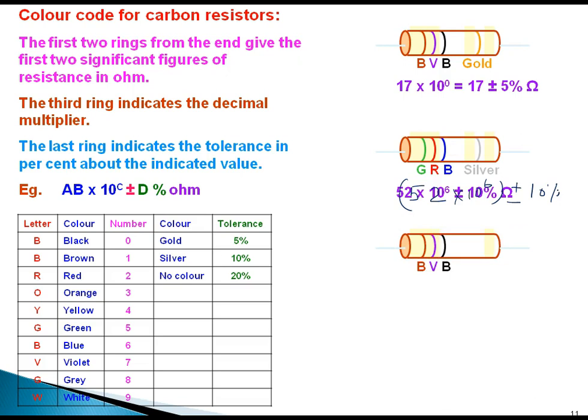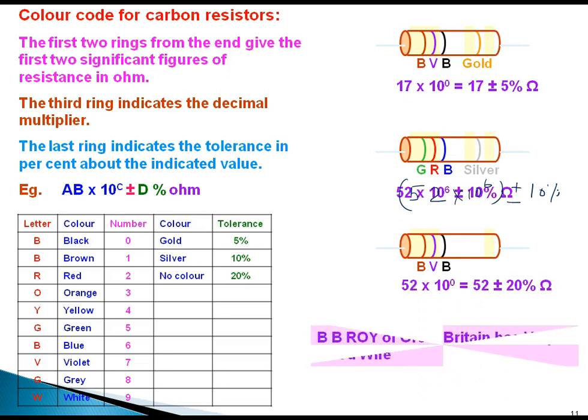Now you solve it. Pause the video and please solve yourself. I think I have written last plus minus 20%. All of you agree because there is no color here. You can say it yourself, no color in this region. And this formula I have written, B.B. Roy of the Great Britain is very good wife. This is a parody to just memorize this concept.